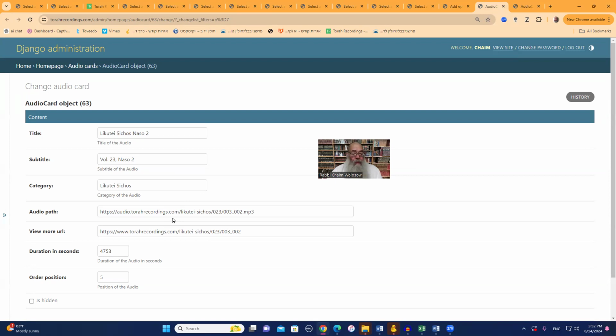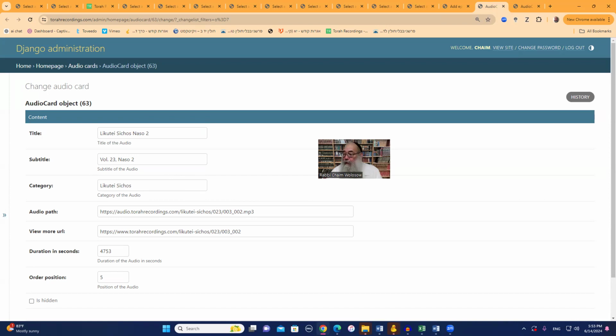And then this is a little bit more tricky because I'm going to have to define this. Basically, this should be the name in the category. That should be the last